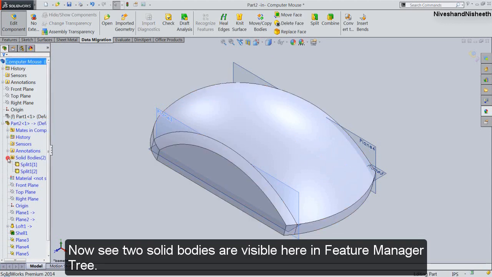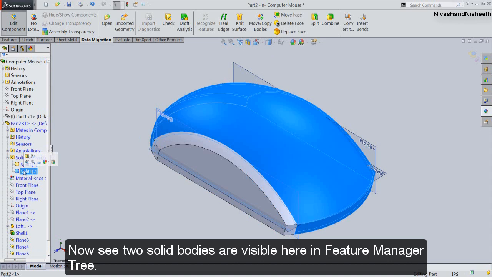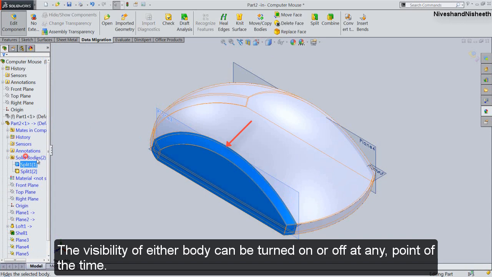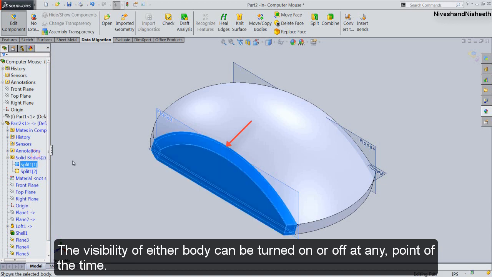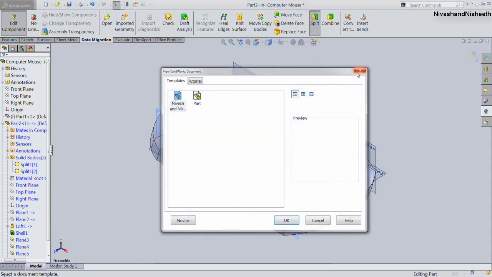Now see, two solid bodies are visible here in Feature Manager tree. The visibility of either body can be turned on or off at any point of time. Activate the Split tool again.